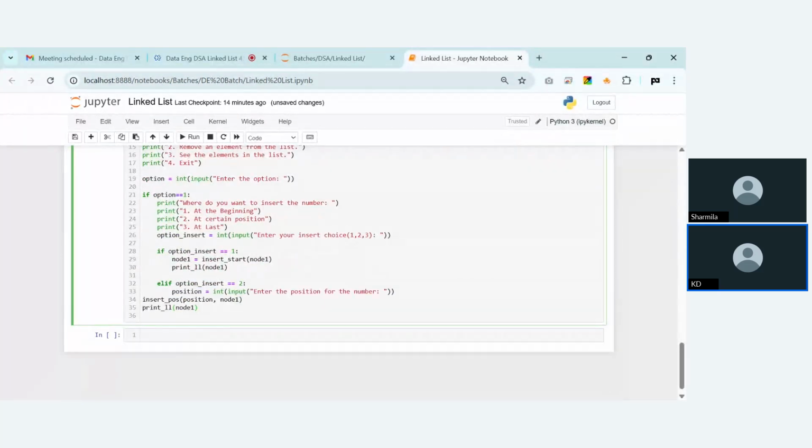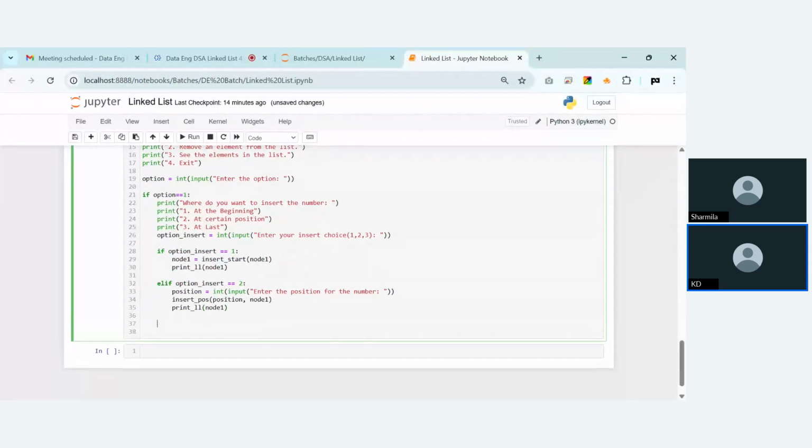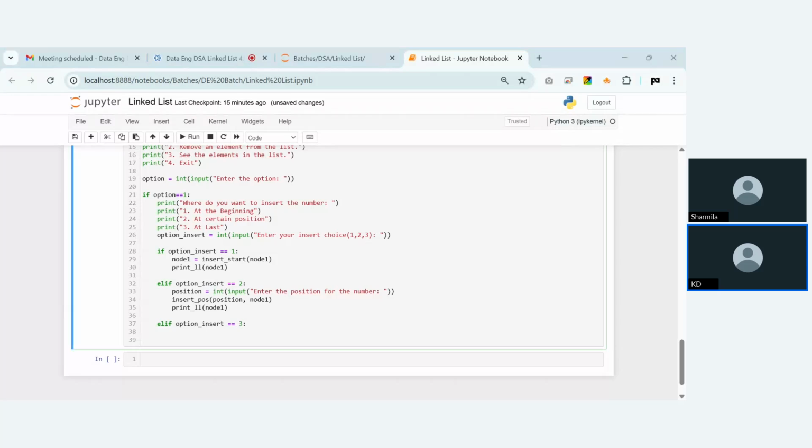Here automatically it will ask for the choice, and then it will do that operation. If this is also not there, then if option_insert is equal to 3, then again